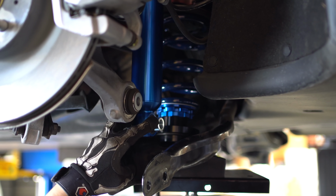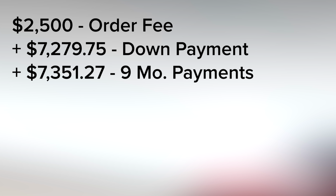Now, depending on how you balance your down payment, financing, trade-in, and tax rates, your numbers will surely differ, but here is my grand total for the car for the past 9 months. I paid a $2,500 order fee, the down payment of $7,279.75, which included taxes and registration, my monthly payments for 9 months totaling $7,351.27, my insurance payments for 9 months totaling